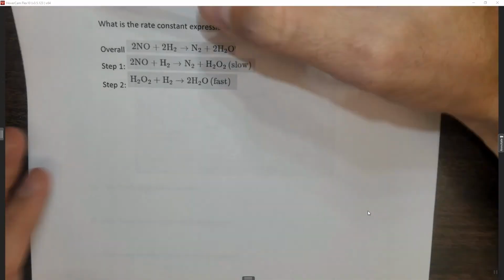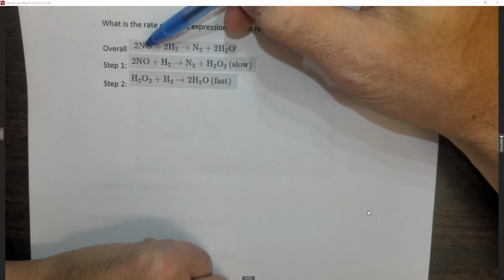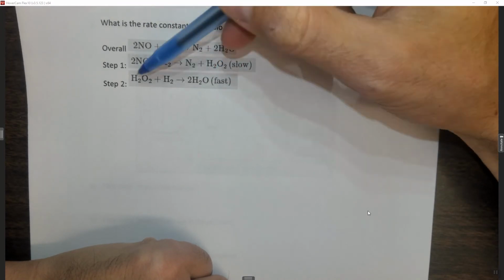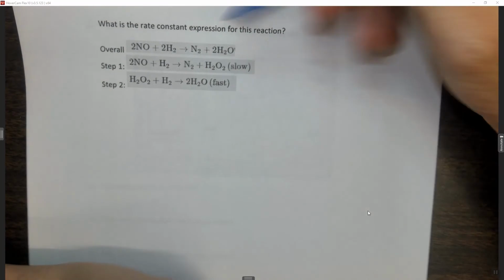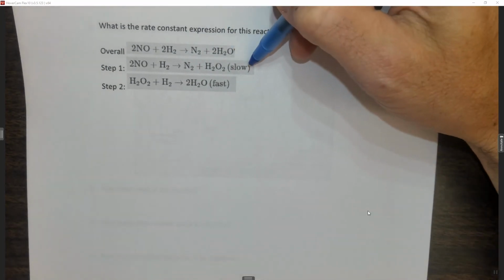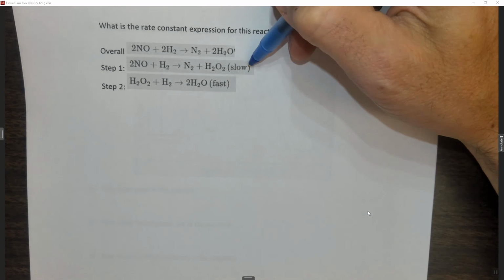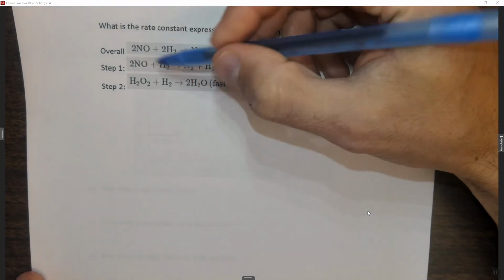All right, this question says, what is the rate constant expression for this reaction? We have the overall reaction, and we have the mechanism, so the first step and the second step of the mechanism. And we also note that the first step here is the rate determining step. So when the first step is the rate determining step, that's really nice because the first step of the mechanism